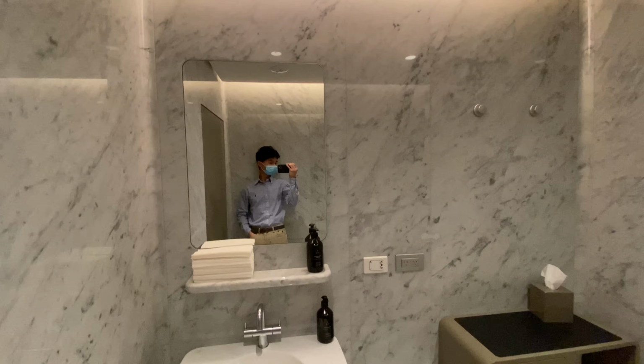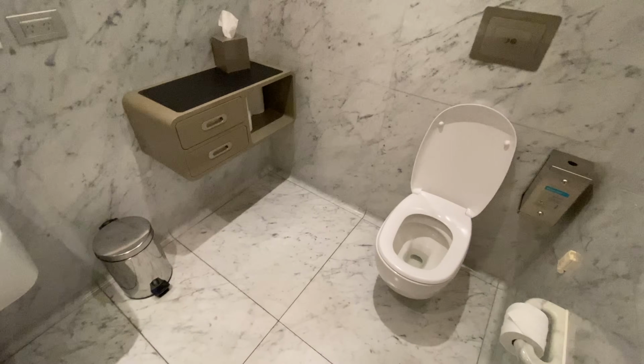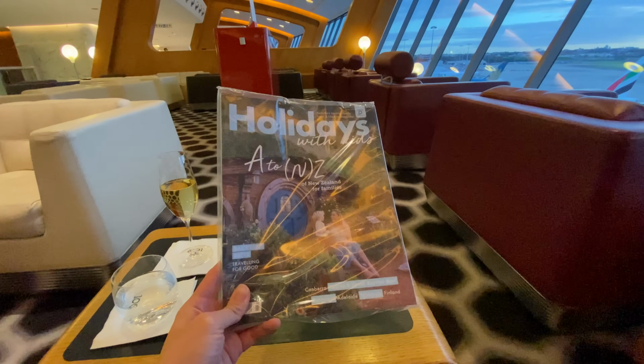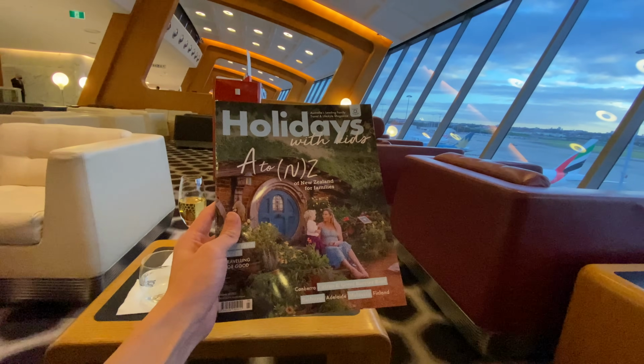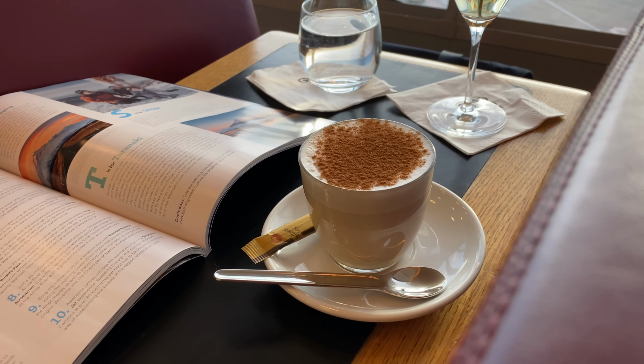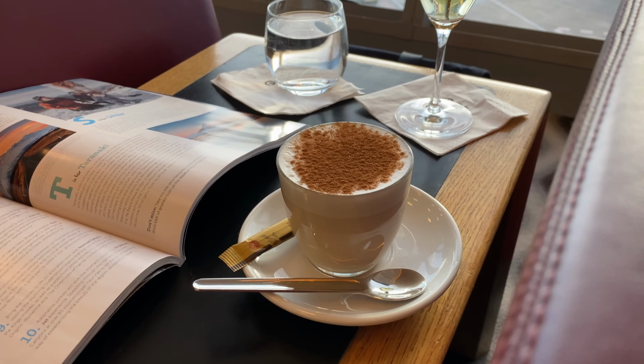So I visited one of the toilets in the first class lounge, which is pretty cool. You get your own basin and Coke. I've still got an hour spare before boarding, so I picked up a magazine about New Zealand, which is pretty cool. Then I also ordered a chai latte and moved my seat closer to the tarmac